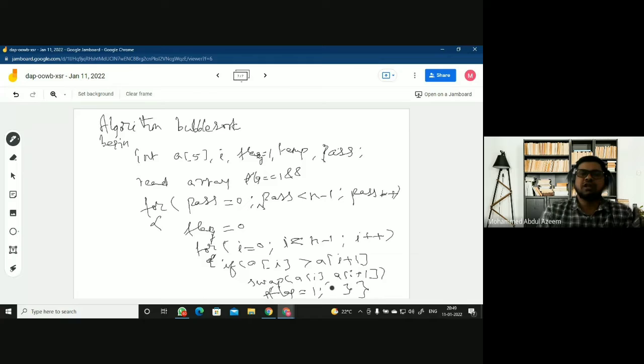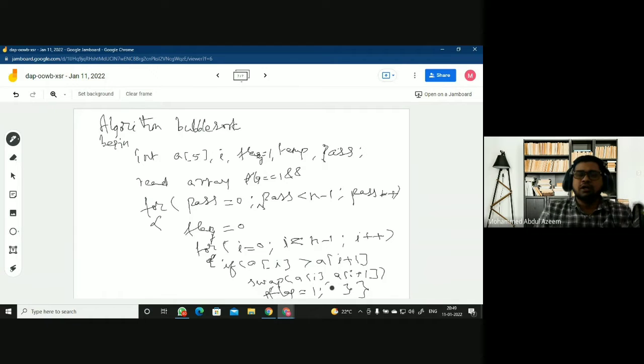You can see here initially flag is 1, so for the first time anyway you will be allowed here because the condition is true. And before going for the pass, what are you going to do? You're changing the flag value to 0. And during the pass, if any exchange is made, you will change the flag value so that a further pass is required. If no exchange is required, it means the elements are already sorted. When the elements are sorted, you don't need to go for a further pass. It means you need to restrict the logic from entering into the next pass.